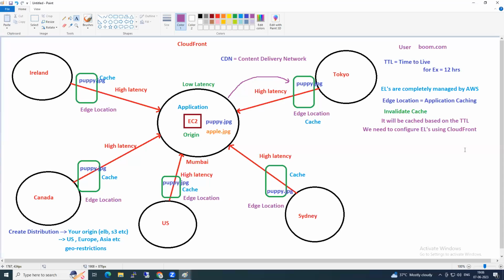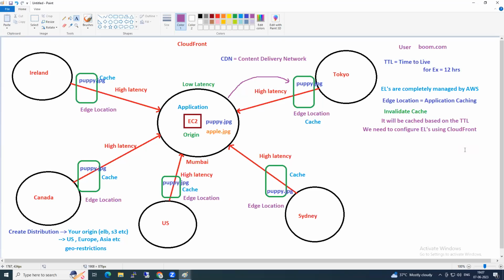We don't do anything. Using CloudFront, we just tell AWS, I have my application, please put it into all edge locations. Boom, click it. That's it. In CloudFront, what do we create? Distribution. So while creating a distribution, you need to give all this information.